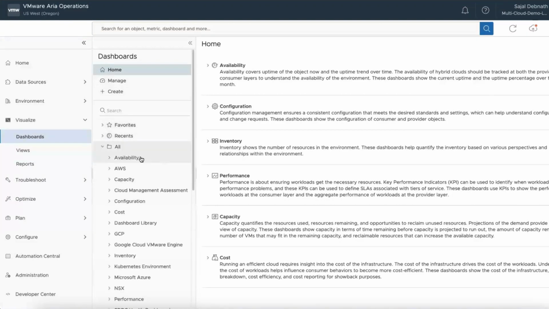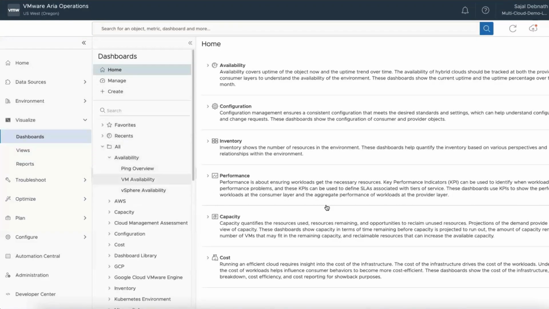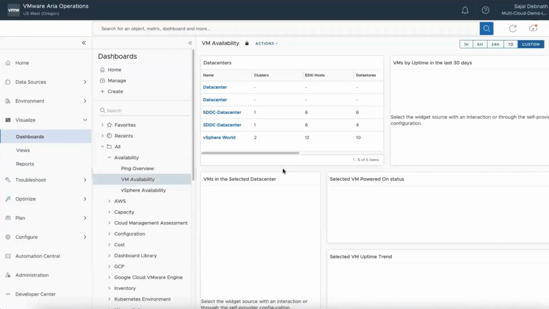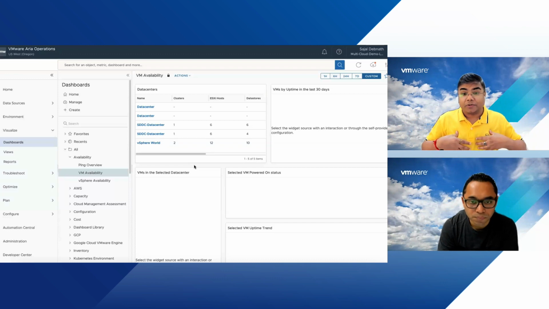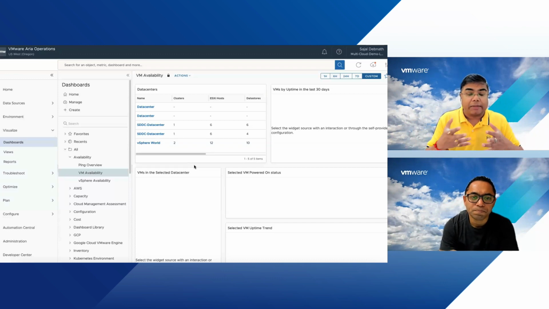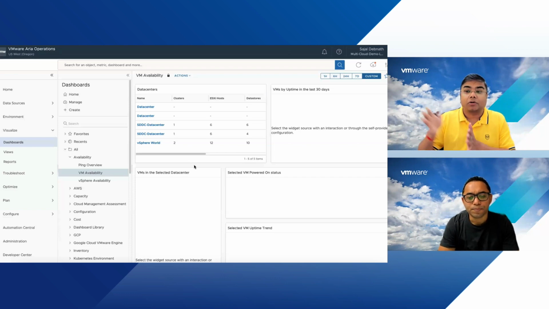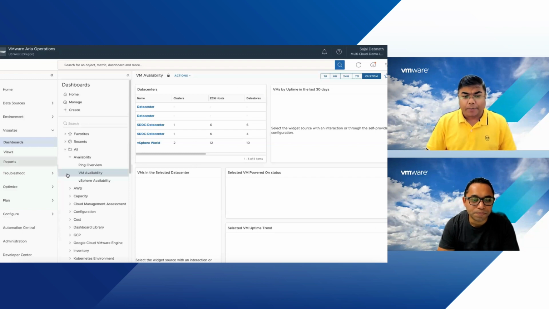But then, say for example, I'm seeing VMs availability and all of that. But what about my application? I have hundreds, thousands of VMs. I'm maintaining an environment which is 10,000 VMs. Yeah. And for end users, what matters is the application itself. They don't care about all of those VMs. They care about that application. So how do I monitor those applications? And then operations shows us the infrastructure portion, right?